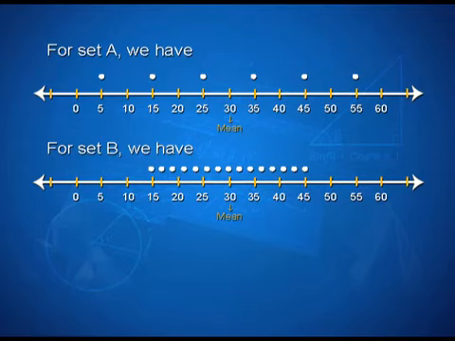The mean here is 30. Now, for set B we have the values ranging between 15 to 45. Here the mean again is 30. Thus, we can say that the sum of the squares of deviations from the mean is not a proper measure of dispersion. To overcome this difficulty, we take the mean of the squares of the deviations,